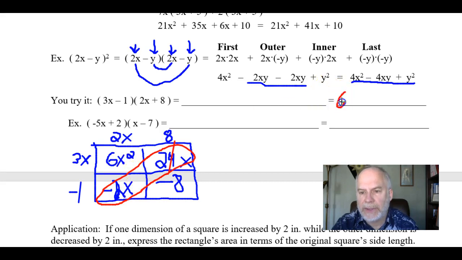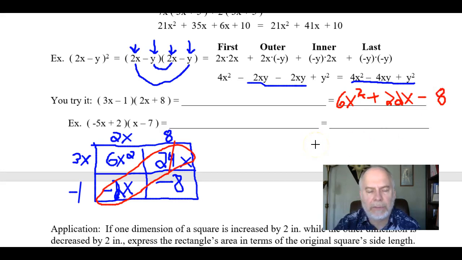So we have the 6x squared, we have positive 22x, and then we have the -8. So that should have been the answer that you got